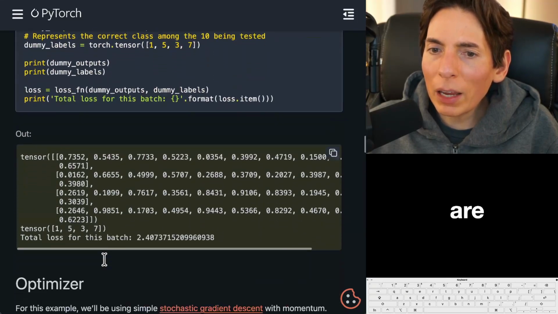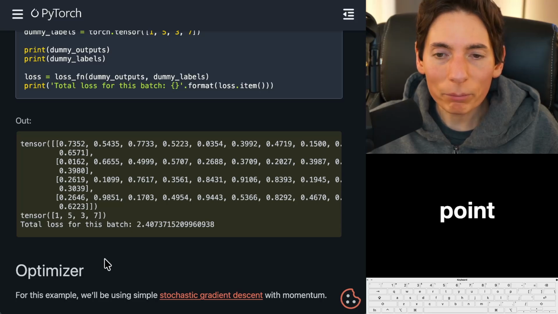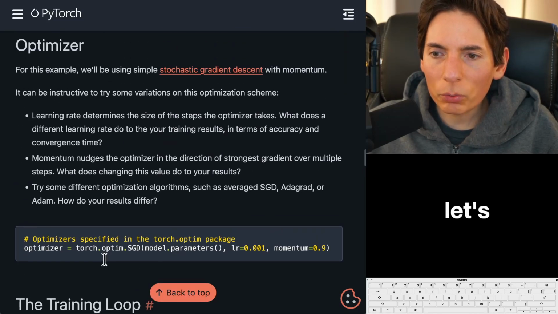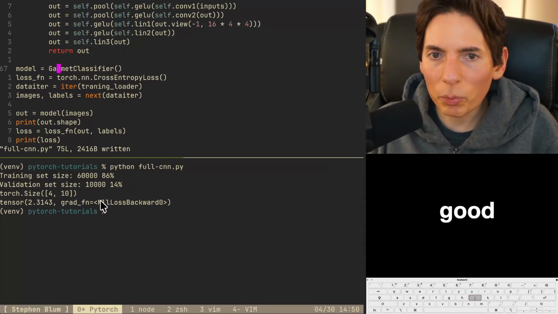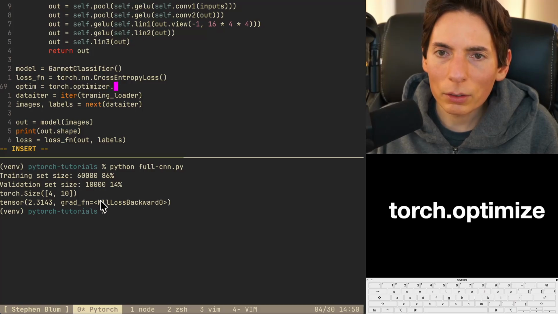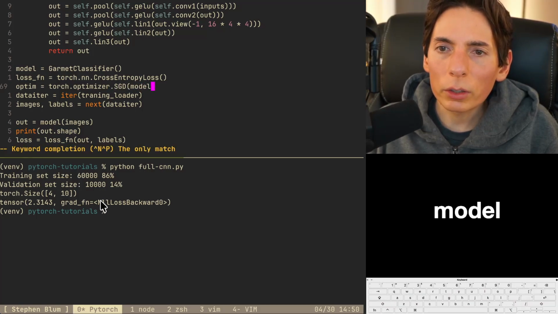So we are basically halfway through, which is very good. We're at the halfway point. What we want to do is, let's type up our optimizer really quick. And then this will put us in a good spot for tomorrow. Optim equals torch.optim.SGD, stochastic gradient descent. Then we say model dot param